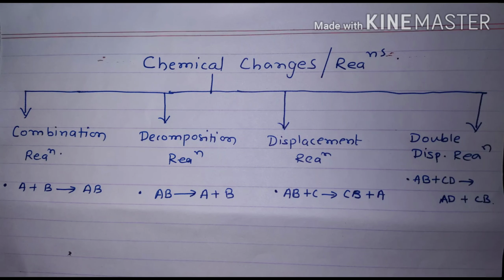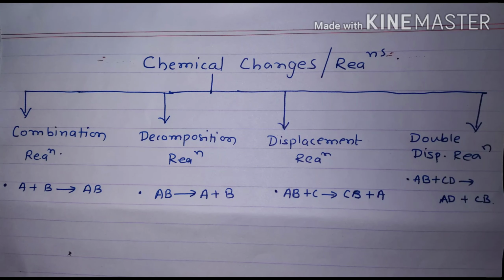Here AB, in the general reaction you can see that AB is a compound made up of A and B, and it is reacted with C. Sorry, here C is more reactive than A. Therefore, it displaces, it removes out A from its compound and gets attached with the B. Therefore, formation of CB is taking place and A is a remainder.